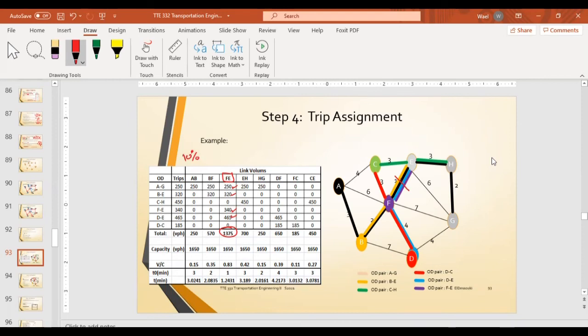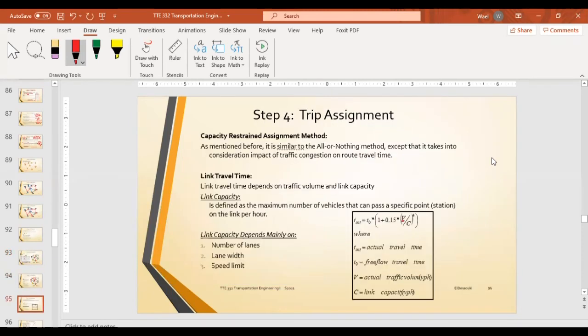يعني يا شباب في الطريقة التانية احنا بنعمل الاساينمنت على مراحل وبعد كده بنحسب الترافل تايم. طبعا في أول مرحلة بيكون الفوليوم زيرو, so it's going to be free flow. Once the volume starts building up on the link, the travel time here will increase, the shortest path will change, and the volume will start being assigned to other links. واضح؟ دي معادلة انتوا هتاخدوها في الترافيك انجينيرنج اللي هو actual travel time